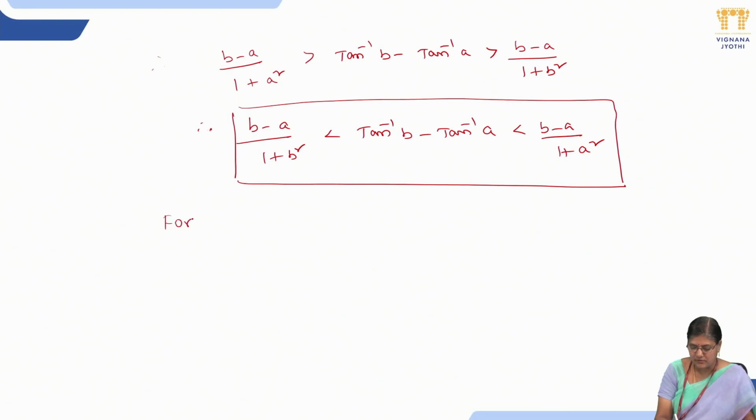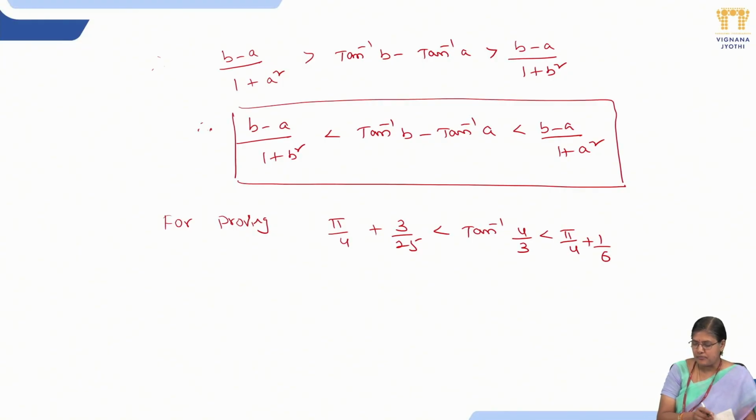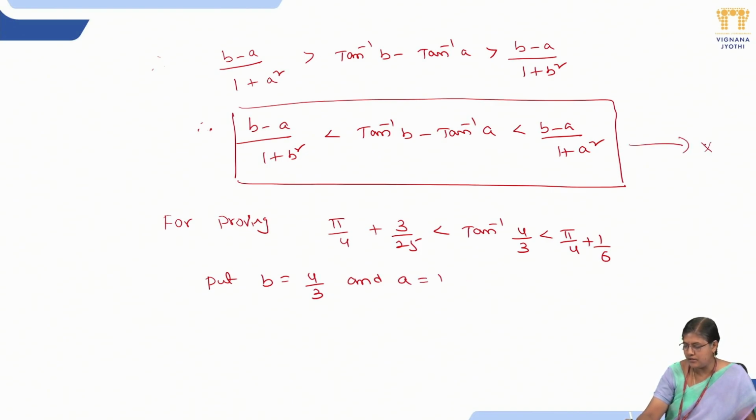For proving pi by 4 plus 3 by 25 less than tan inverse 4 by 3 less than pi by 4 plus 1 by 6. For proving this result, put b is equal to 4 by 3 and a is equal to 1 in equation 3. In equation 3, we get